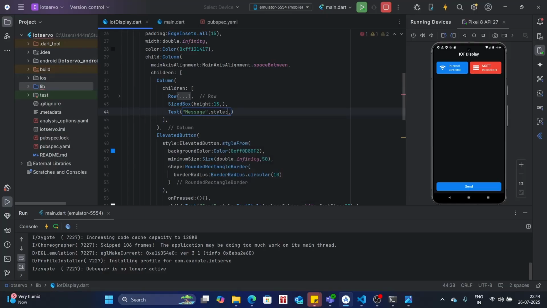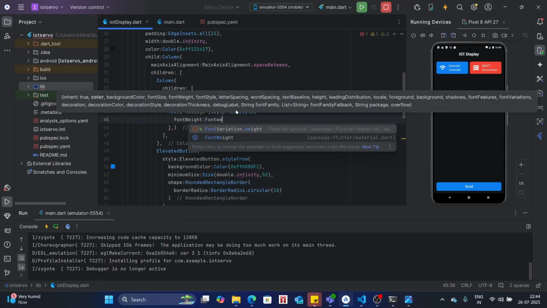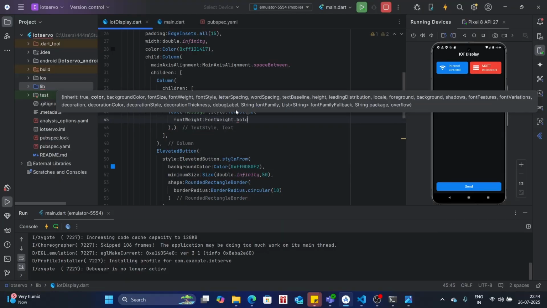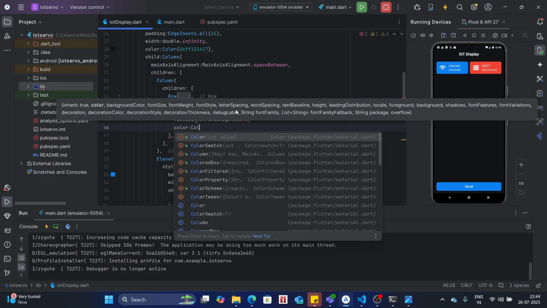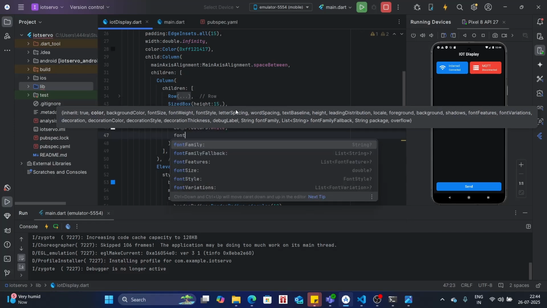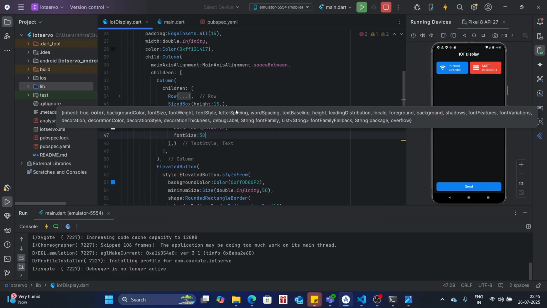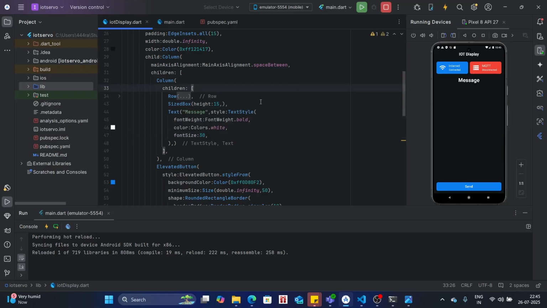style, TextStyle, and then we're gonna say fontWeight.bold, so that the text would look bolder. Color would be white, and then the font size would be much bigger, so it's 30. Now we're gonna save. You can see we got it over here, but this is towards the left center, so